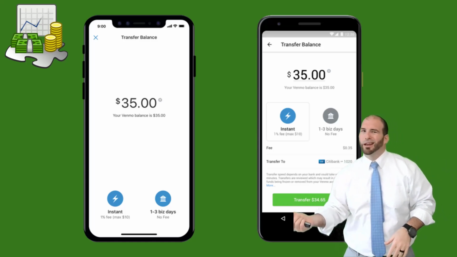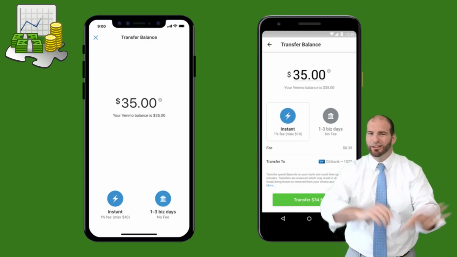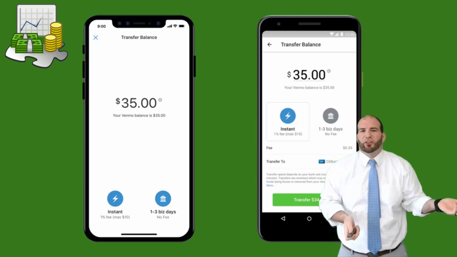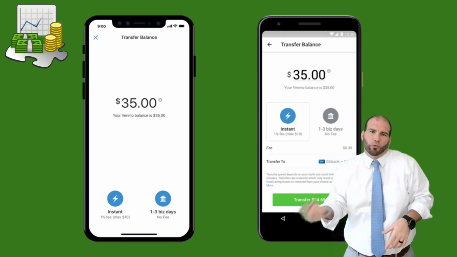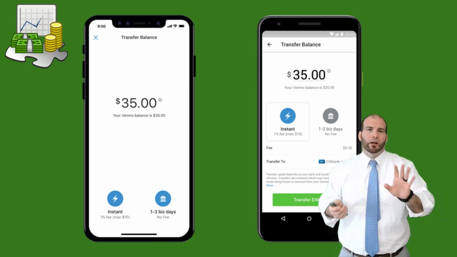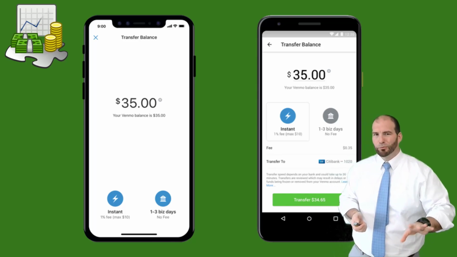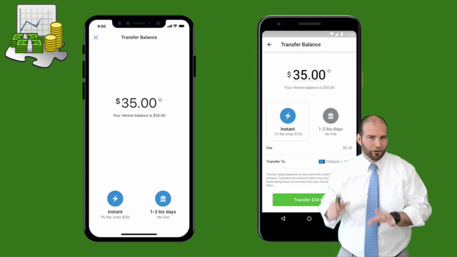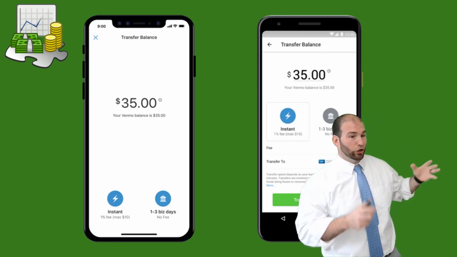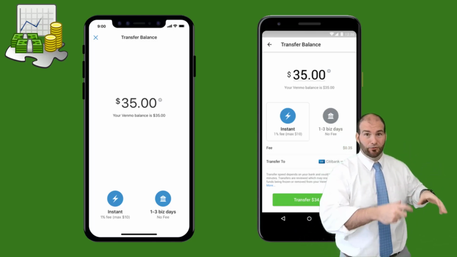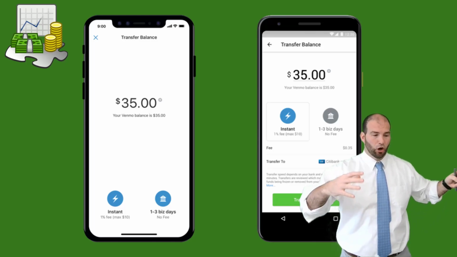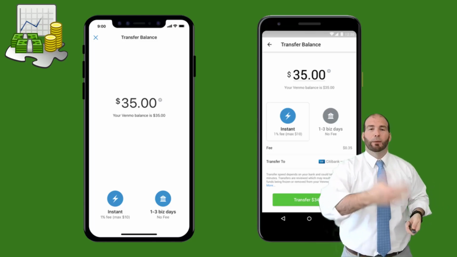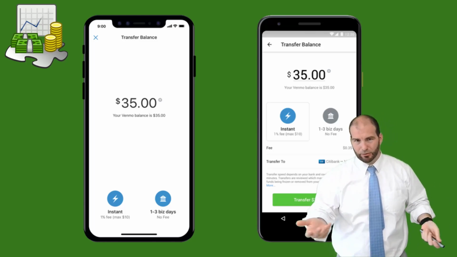Or if you're cool with waiting 1 to 3 business days to get this in your account, then there's no fee. So, like here, for $35 at 1%, it's 35 cents. Do you want the money right now or do you want to wait 1 to 3 days to get it and it's no fee? Another reason Venmo does this is because that $35 doesn't sit in no man's land while you're waiting on it for 1 to 3 days. It gets put into a huge amount of money that everybody paying through Venmo contributes to, and it sits there. Since Venmo always has this huge amount of money, with people waiting a couple days, they are making interest off of other people's money, and that's how Venmo makes money.